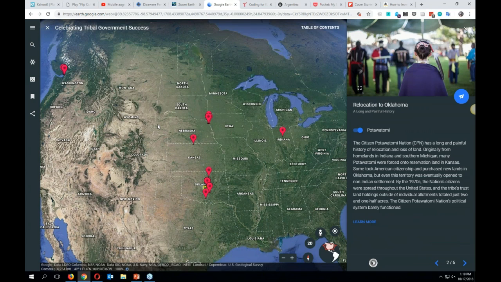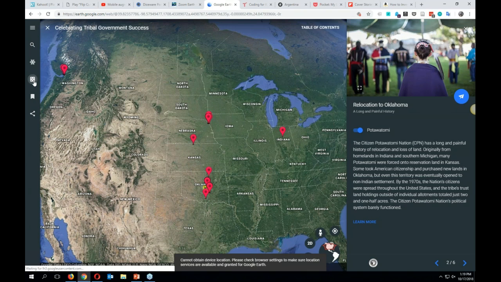So this is just another really effective education tool that you might be able to use in your library with patrons, or just to show off to them that they may not be aware of that this is out there. You can also find yourself on here too. Let's see if we can do that real quick. Oh, I already blocked that. I didn't want Google Earth seeing where I was, so let's just do like I'm feeling lucky.